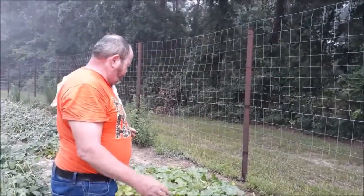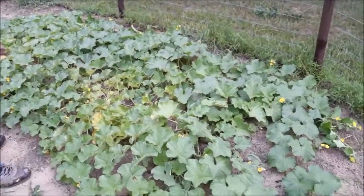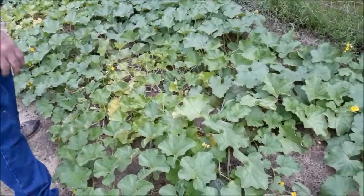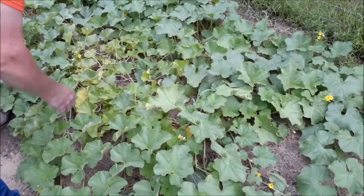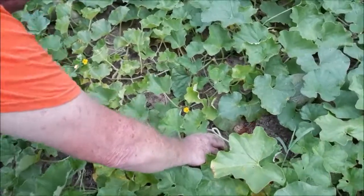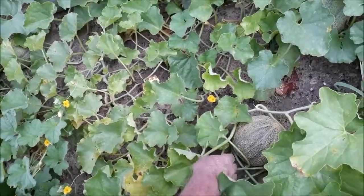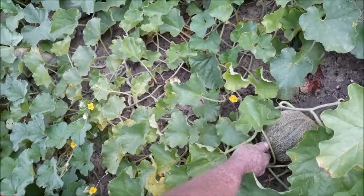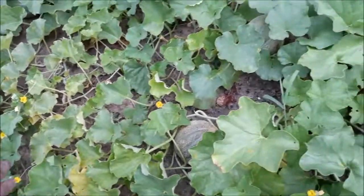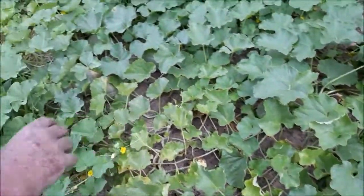Okay, these are my two hills of cantaloupes here. Like I say, it doesn't take a lot to get a lot of cantaloupes, so they do take some space. But what I want to show you here, this has just been about 3 weeks since we last did, but you can see this is starting to turn yellow now. When it gets ripe, you put a little pressure on this vine and it'll come loose, and these Hale's Best will really get yellow whenever they